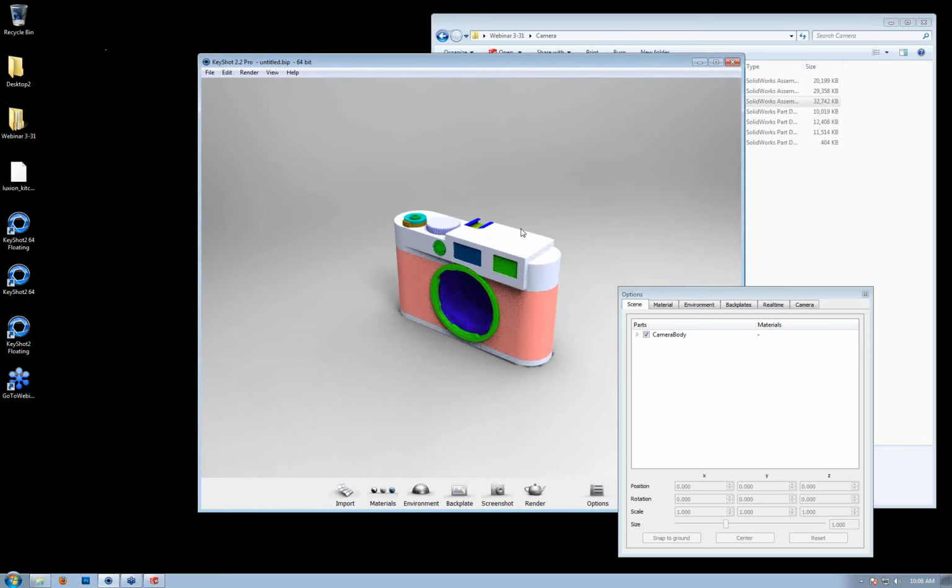So when you start to work with multiple models, then you have to in some way worry about your scale. So this is our first import here, and I can display to you the scale that has been applied by just going to the scene tree here in the options menu, and I can see that this model is actually scaled up a lot in order to fit into the scene. And if I go to my environment tab here